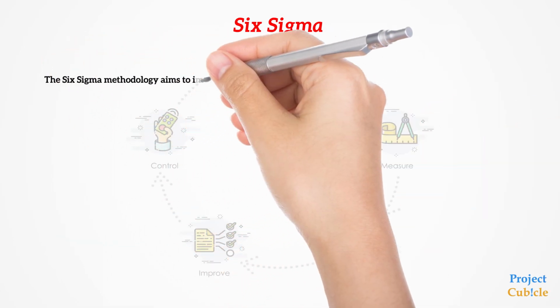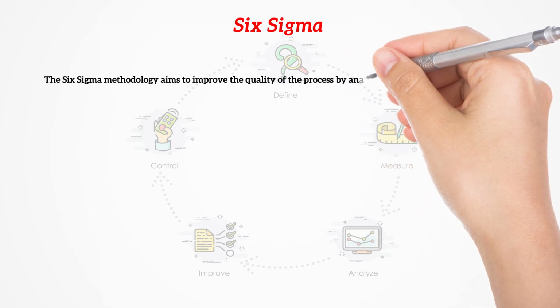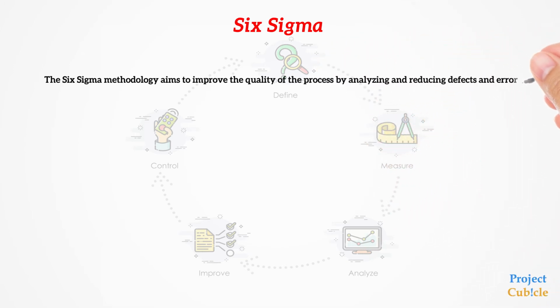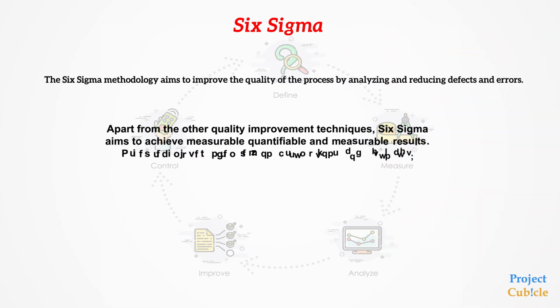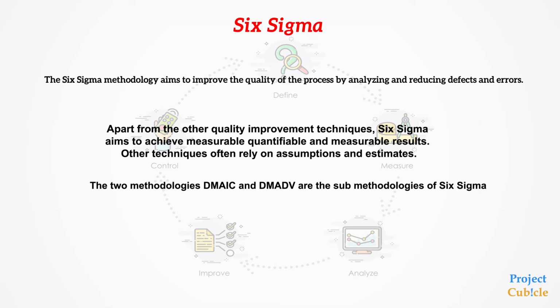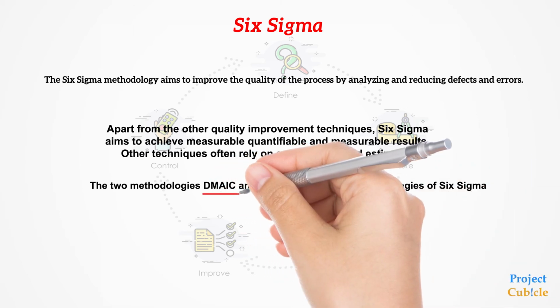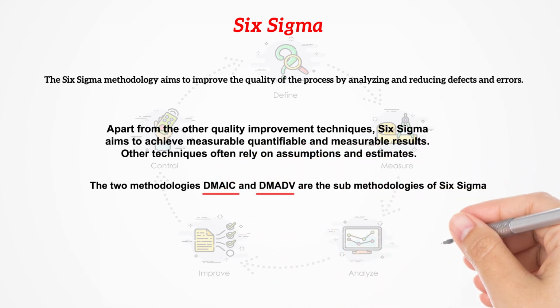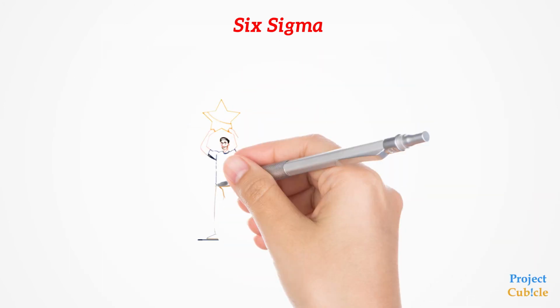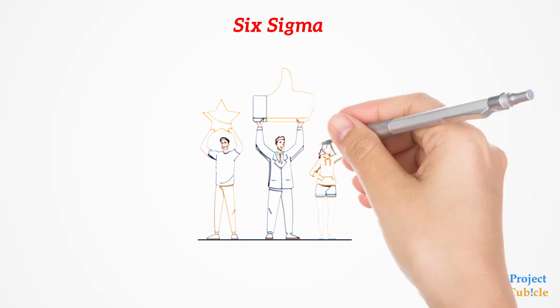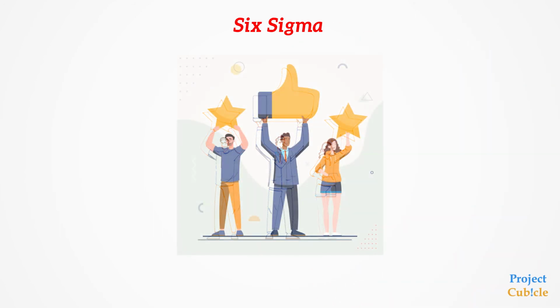The Six Sigma methodology aims to improve the quality of the process by analyzing and reducing defects and errors. Unlike other quality improvement techniques, Six Sigma aims to achieve measurable and quantifiable results. Other techniques often rely on assumptions and estimates. The 2 methodologies DMAIC and DMADV are the sub-methodologies of Six Sigma. Using this technique enables reducing the number of defective products manufactured or services provided, resulting in increased revenue and